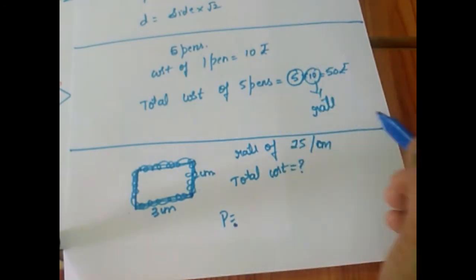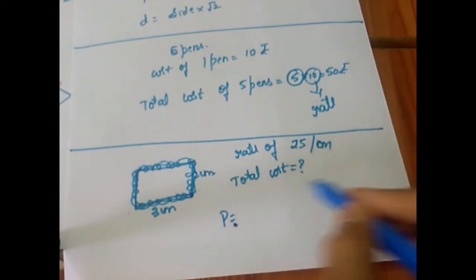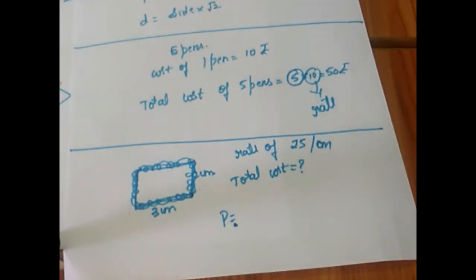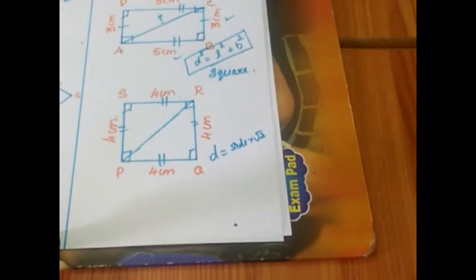So whenever in the question it is asked to calculate the cost of fencing, we are going to calculate the cost of fencing by using the formula perimeter into rate. So let us straight away move on to the exercise problems. Kindly open your textbook, go through the question, read the question carefully and follow the solutions from the video.